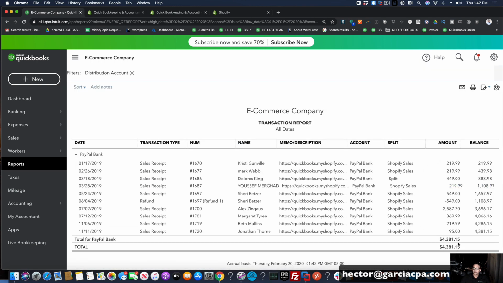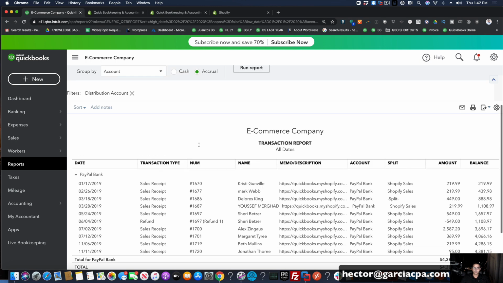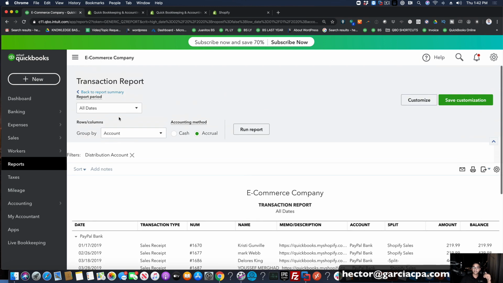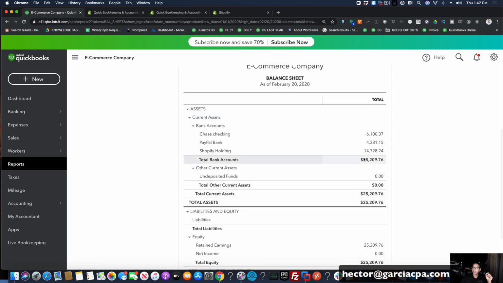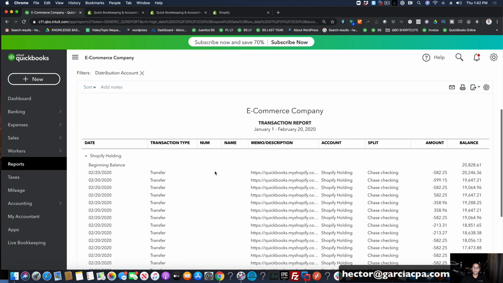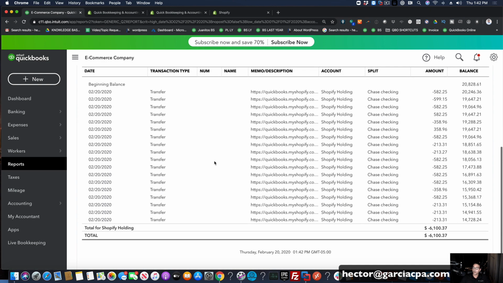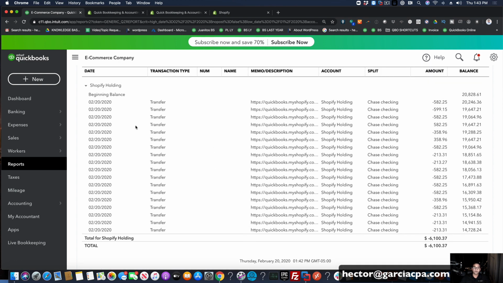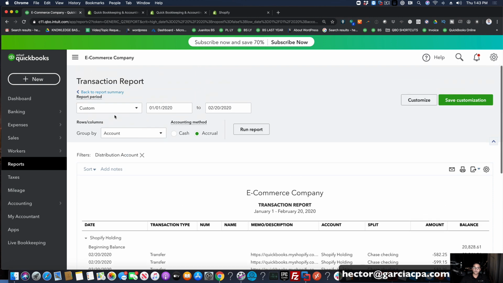So here's all my PayPal money coming in. These are all the people that paid me via PayPal. So that's sitting in my PayPal account. And then I have all the people paying me through Shopify. So at some point, there would be an actual money transfer between, let me do,